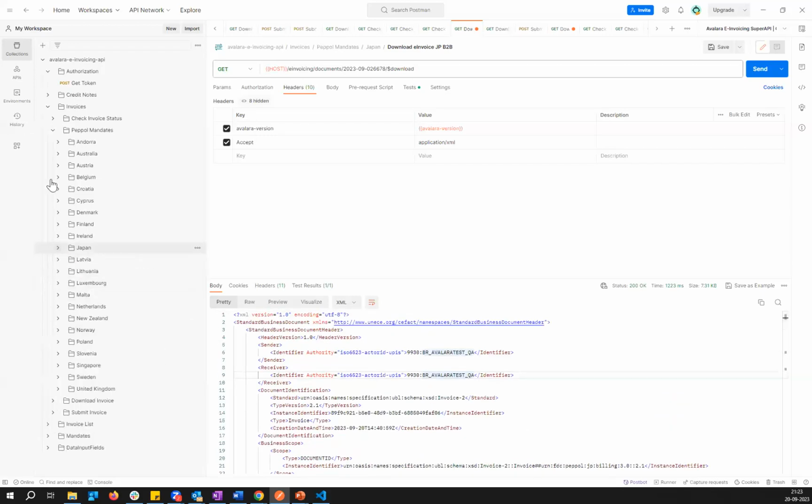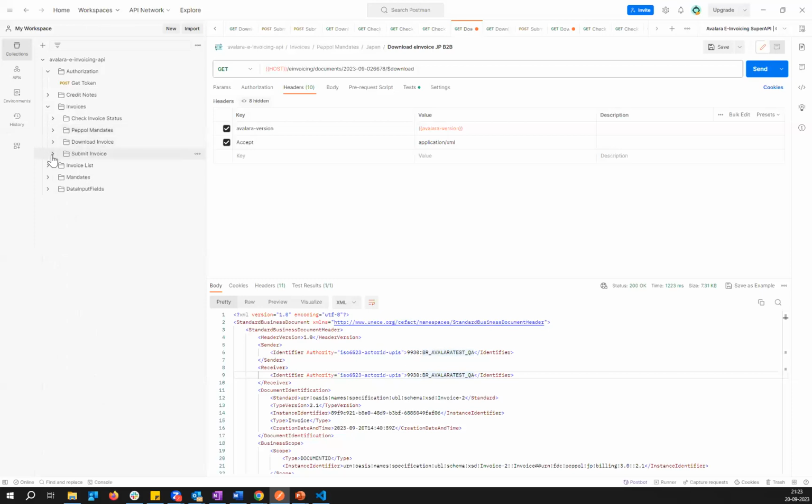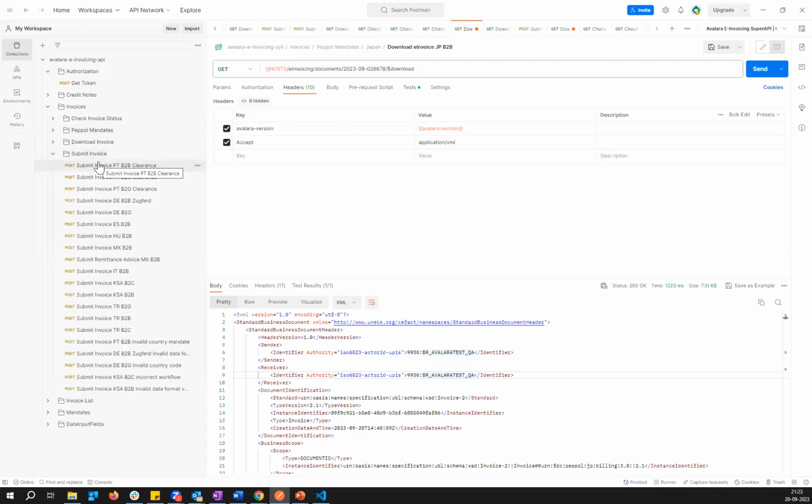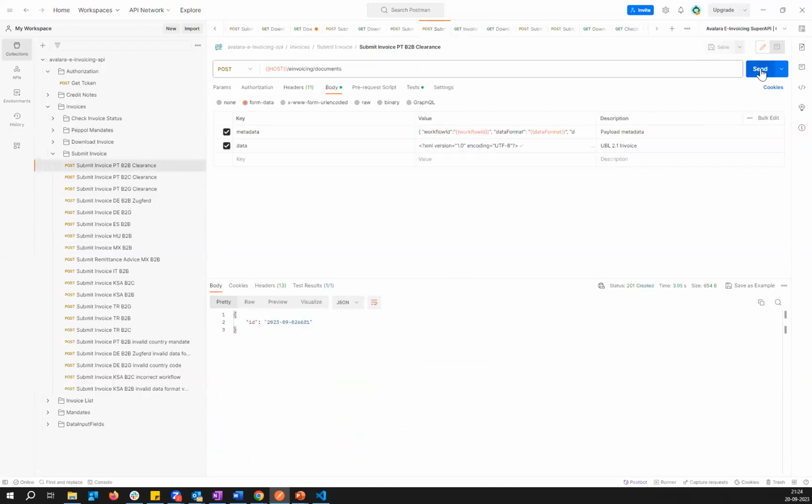Now let's go to our third use case, which is Portugal. Now Portugal is a non-PayPal mandate supporting B2B clearance, B2C clearance, and B2G invoicing. It follows the SAF-T process with onboarding at Primavera network. And let's see the invoice. Again, with the same API, same metadata, I'm just changing the country, that is PT, Portugal, and the country mandate, B2B clearance.